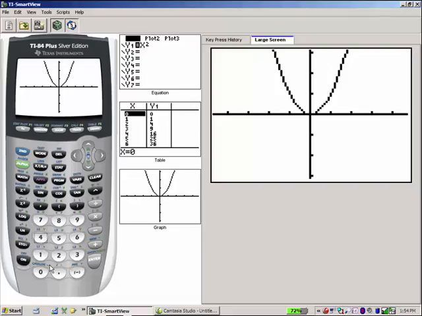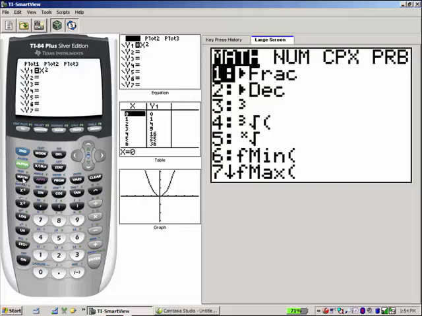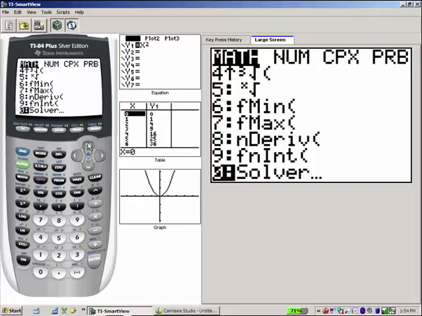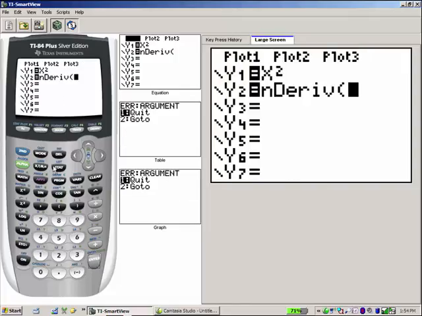Yes. All right. So your calculator, you know that it will calculate the derivative at a point. If we're clever, though, we can actually graph the derivative for a bunch of points. So here's what we do. In y2, you're going to type math, and then you're going to go down to 8. All right, math 8. So we're going to actually ask the calculator to graph the derivative of